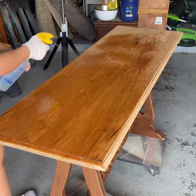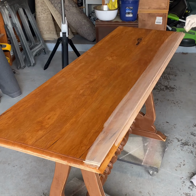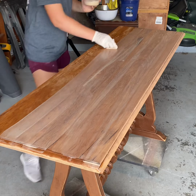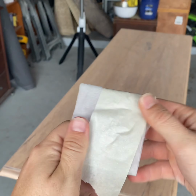You can see that when I wet this wood, it turns sort of orange, so this tan wash is just going to neutralize those undertones. If I were to just seal it as is, it would turn out that orange color. I quickly realized I was supposed to use a piece of tape to get the fuzzies off of this pad